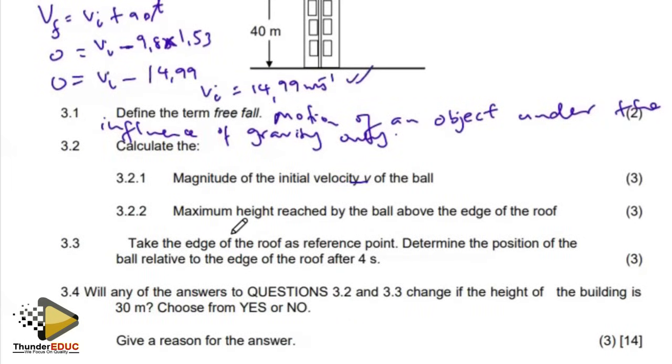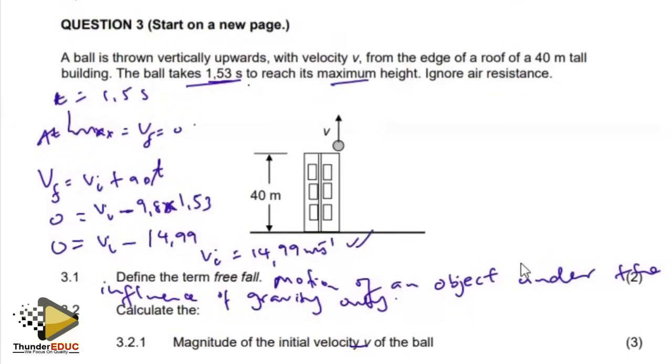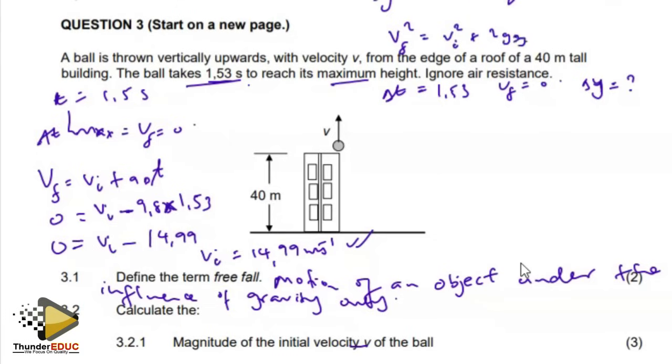Then 3.2.2, calculate the maximum height that is reached. So we can still use the facts that we have: the delta T is 1.53, the V final is 0, and then we're looking for the displacement. We can choose to use the V initial. Either way, we have to use the V initial, because my displacement is V initial multiplied by time plus a half g delta T squared. If I use V final squared, it's going to be V initial squared plus 2 multiplied by g delta X or delta Y. So either way. So let me use this second one